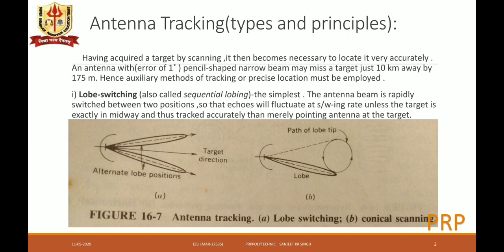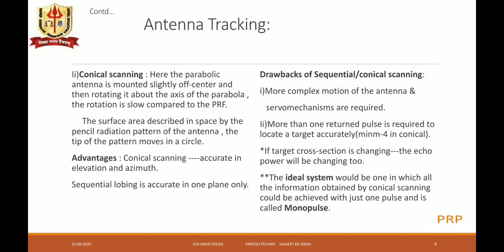The second method is conical scanning. In this method, a parabolic antenna is mounted slightly off center and then rotated about the axis of the parabola. The rotation is slow in azimuth compared to the PRF, pulse repetition frequency. Remember, the pulse repetition frequency is 1 upon PRT, and PRT is the pulse repetition time, that is the time between 2 pulses transmitted, and the reciprocal of that